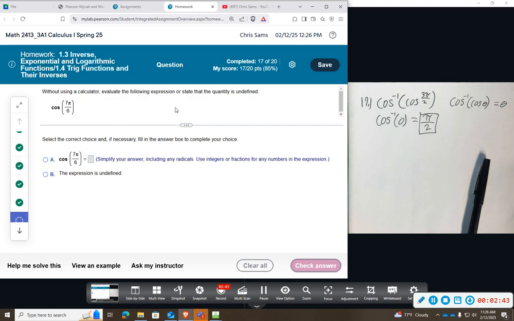Okay, so without using a calculator, we want to evaluate this expression, cosine 7 pi over 6. Again, we could refer to our trig cheat sheet if you have the unit circle memorized. It is the angle right below pi, 7 pi over 6, and that's the x coordinate. So that should give us a negative